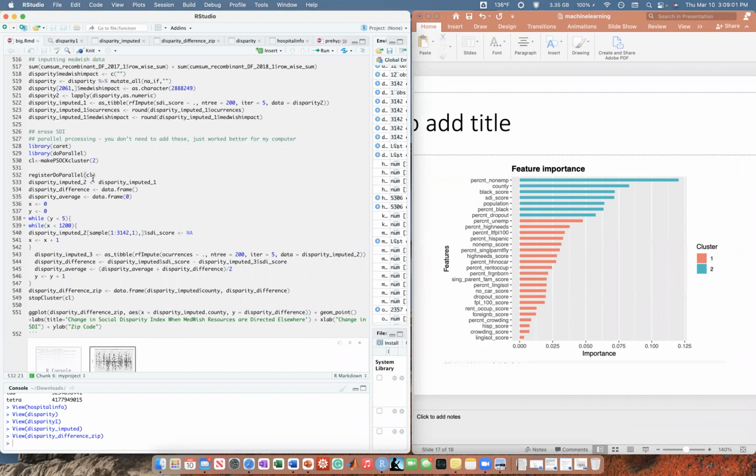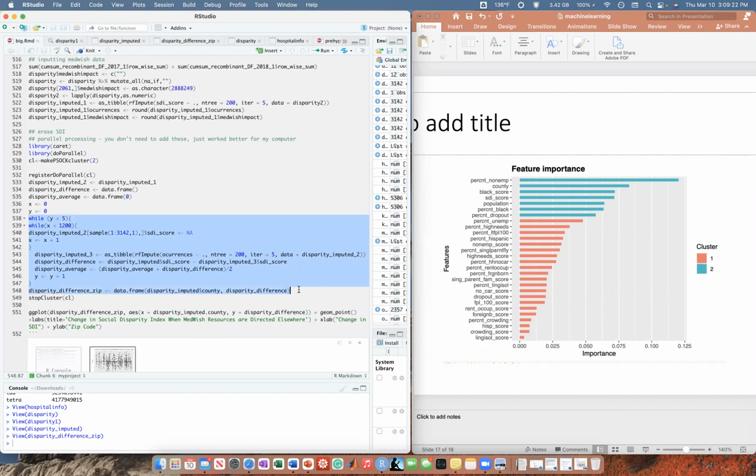If you're confident your computer has like 4 cores, 8 cores, take that number and put it there. So I have 8 cores, I put 8, because you have 16 cores realistically. Anyways, I'm no computer scientist, but yeah. So this part says, hey, make 2 empty data frames, and this while loop tells you a couple things.